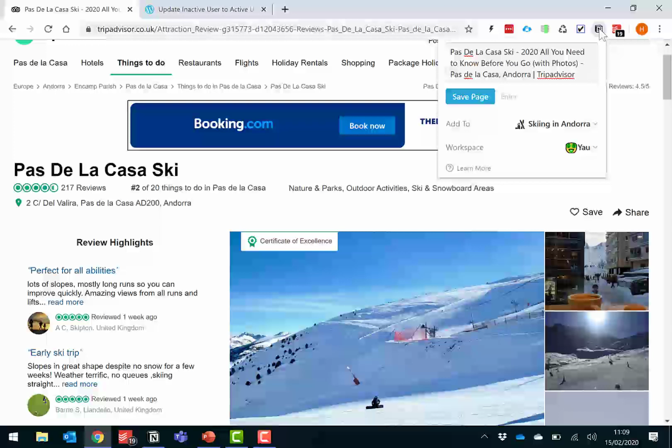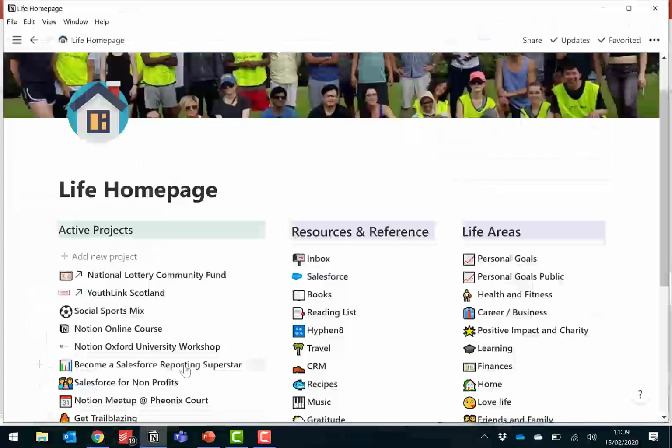I do find myself sometimes thinking and considering a lot whether a particular area should be a database or a page. And I think there are advantages and disadvantages of both. I very much like the idea of linking things together with the databases, and so we'd be interested to see if that's an approach that you have taken. However, there are certain things I don't like about the database functionality, and I think this includes. Let's have a look.